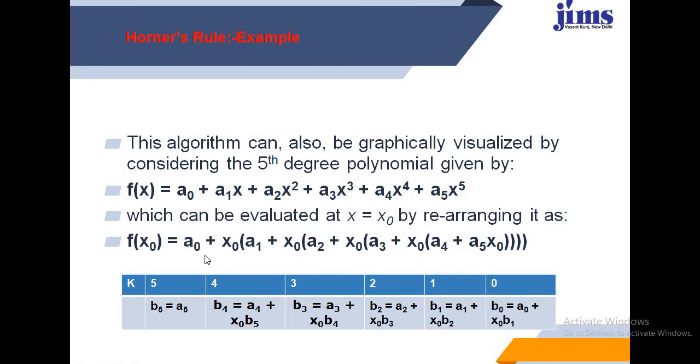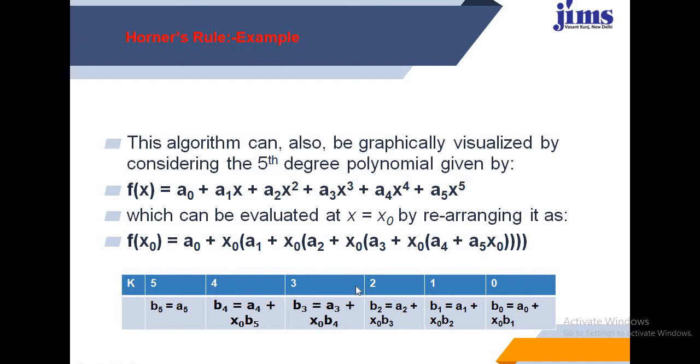So we have a0 plus, you will take x common out of the rest. So a1 plus, again take x common from the rest of the terms. So we have x0 and so on. In the last you will have the first innermost circular parenthesis, this is a4 plus a5x4. So listen, in tabular form, how will you find this?